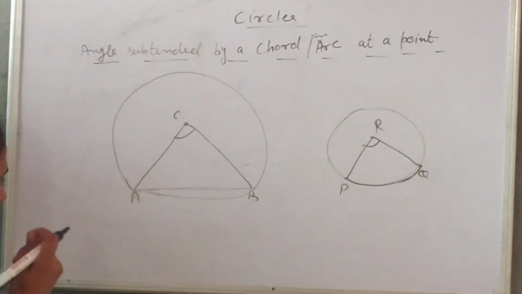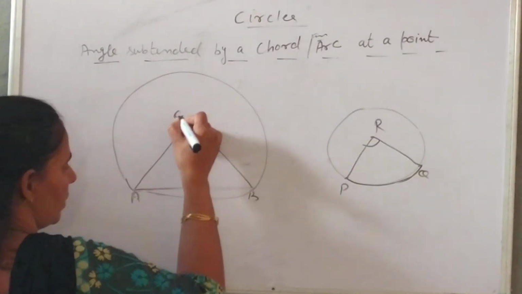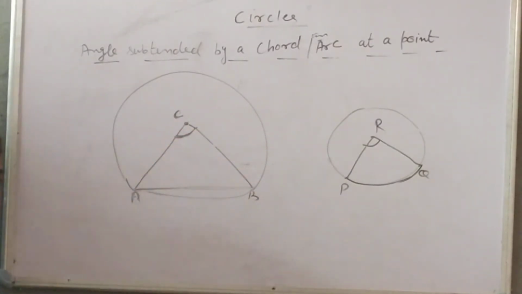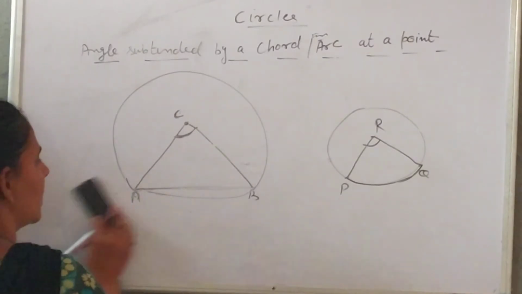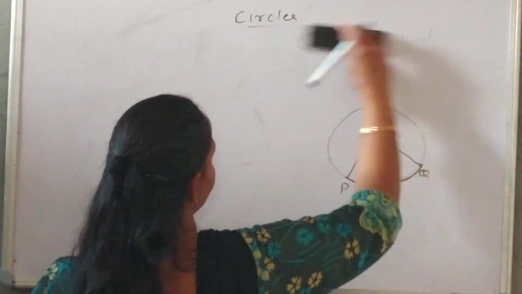Simple. जो भी एंड पॉइंट्स हैं कोड के उनको गिवन पॉइंट से ज्वाइन करो, देन जो भी एंगल फॉर्म होगा दिस एंगल इज सबटेंडेड बाय कोड AB और यू कैन से RAB. The next two theorems are based on this concept.